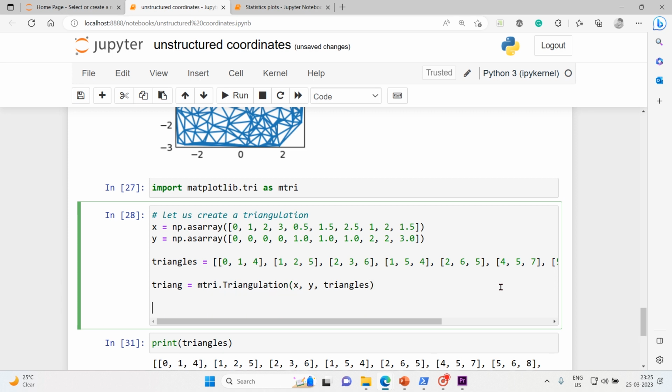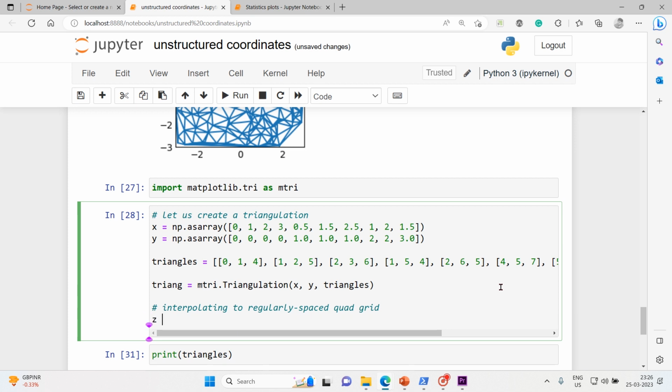Now it's time to do interpolation, interpolating to a regularly spaced quad grid. So z equals np dot cos of 1.5 times x,